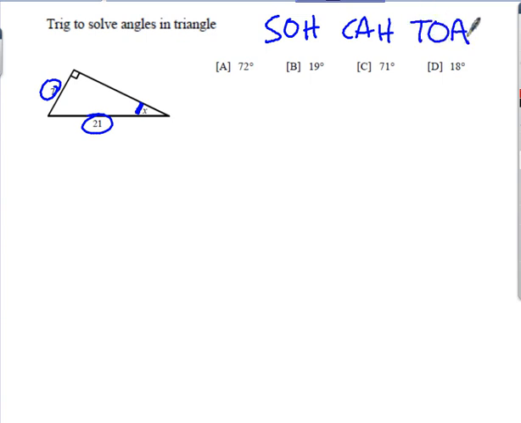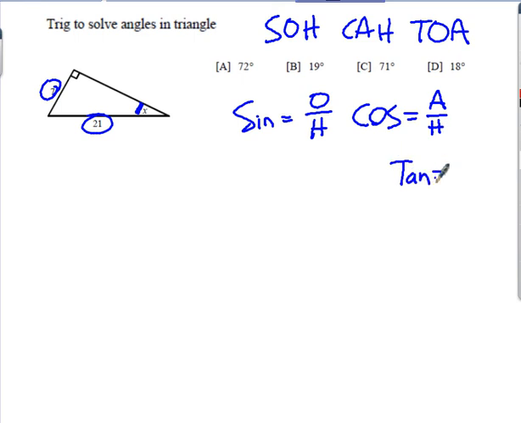Old Chief SOHCAHTOA. Alright, and depending on the sides that they give us, if they give us two sides to find an angle, then we're going to use this inverse function. If they give an angle, then we're going to work it the other way. So we're dealing with sine is a function of opposite over hypotenuse. Cosine, and you can see where these acronyms are coming from. Cosine is the adjacent side over the hypotenuse, and tangent function is going to be used when you have the